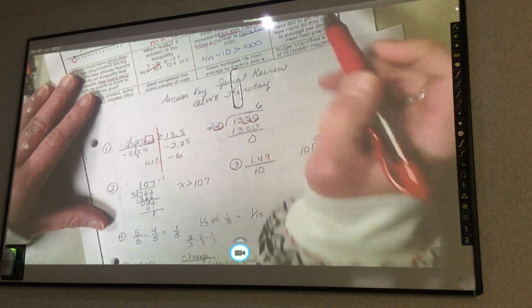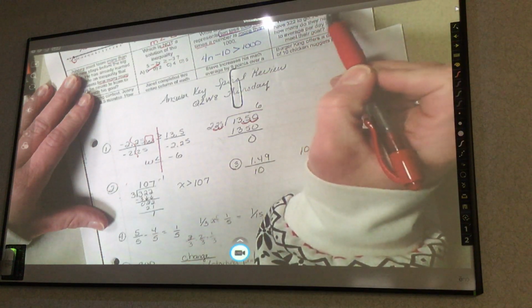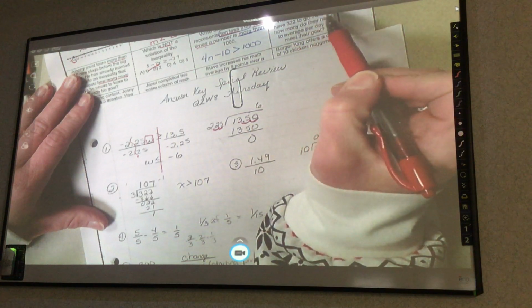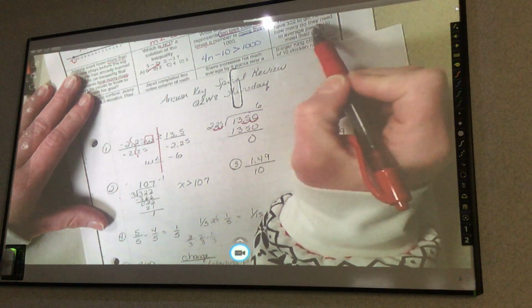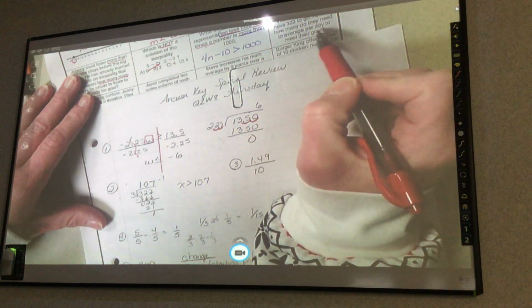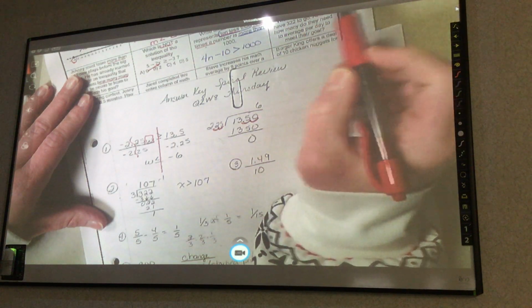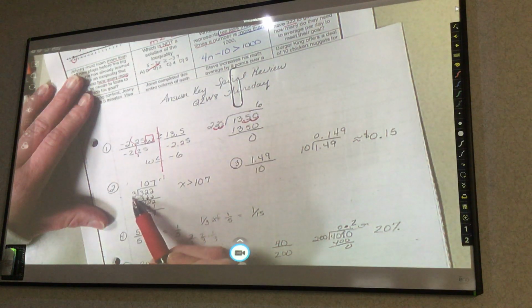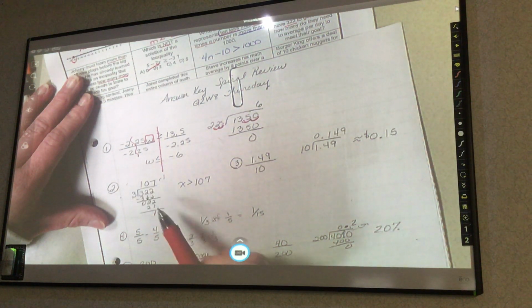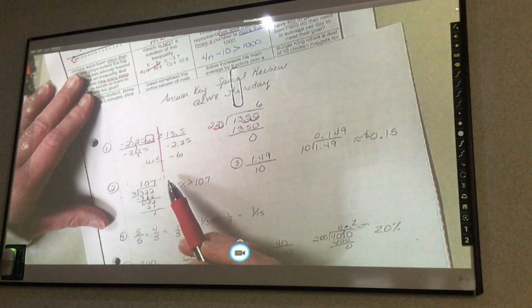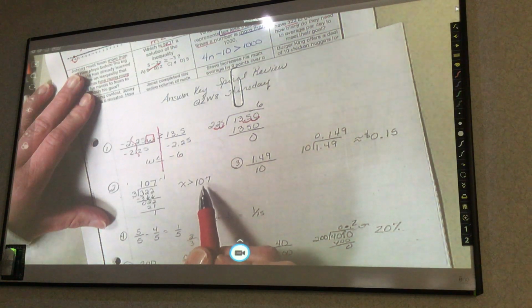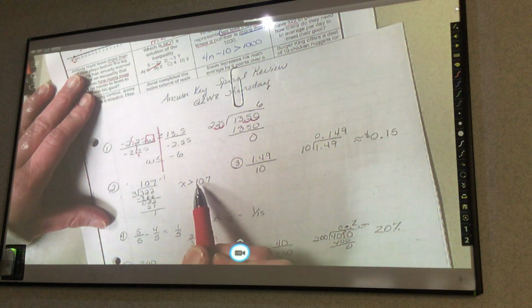Number 2, a business has a goal of selling 500 bags of chips. With 3 days left, they have 322 to go. At least, how many do they need to average per day to meet their goal? So if I have 322 to go, I take that and divide it by the 3 days. So I have 107 with the remainder of 1. So they need to sell at least 107, so x needs to be greater than 107